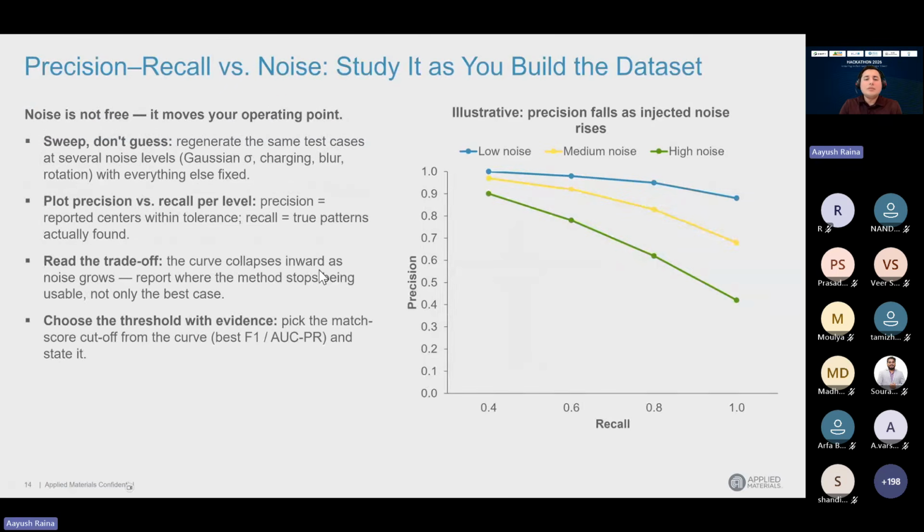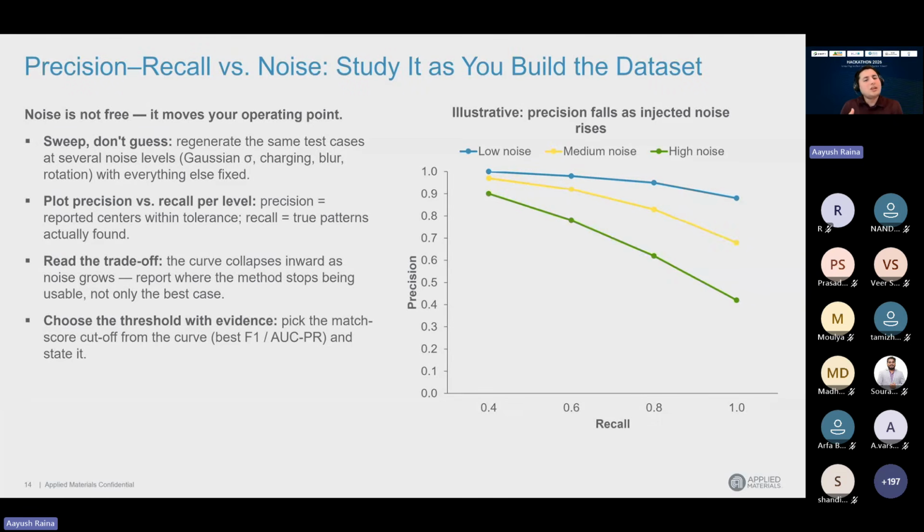Ideally, there's something called a PR noise study. When you have low noise, everything will look very nice. That's a good world to be in, on the top. Then once you start adding noise, these kinds of augmentations which we talked about, you will start seeing some drop in your PR curve. Your F1 score will drop. You can read more about the PR part and learn more about precision and recall.